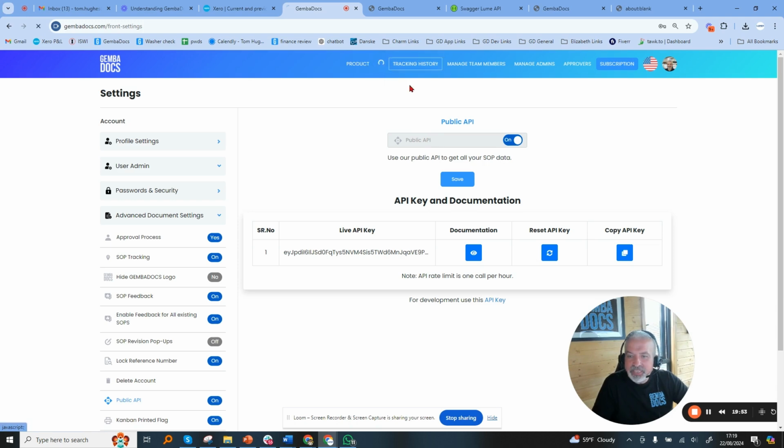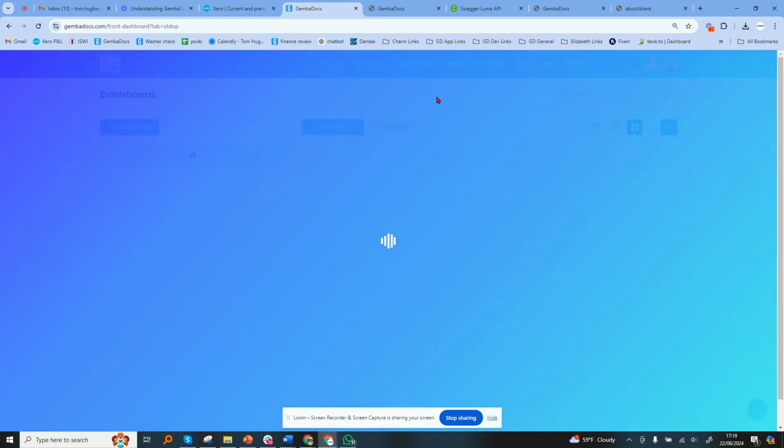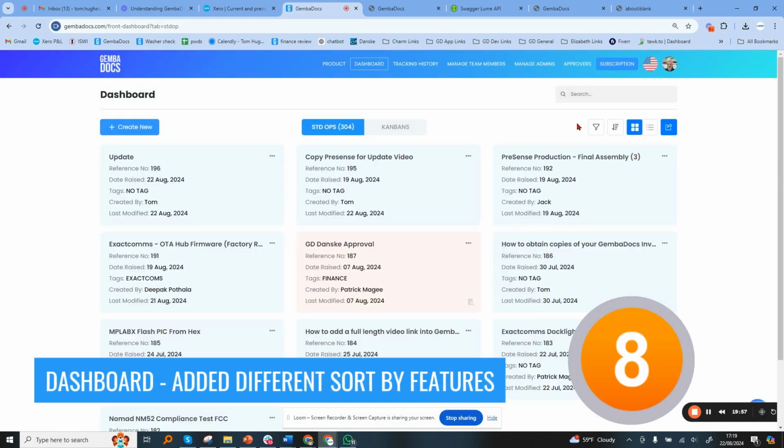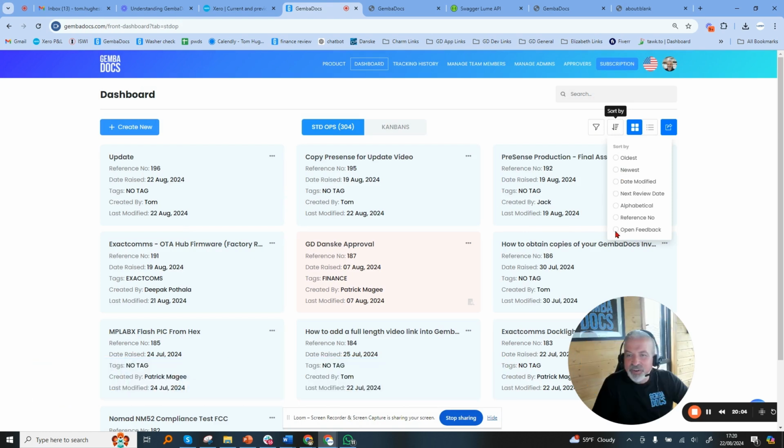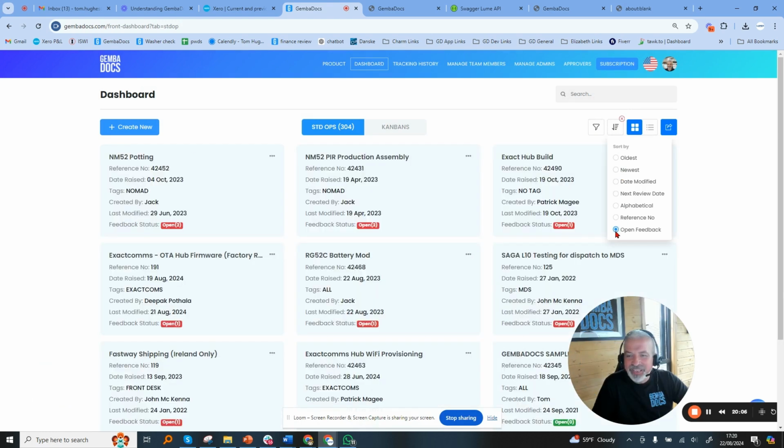Improvement number 8 is on the dashboard. So on the dashboard, we've added different sort by features. So you can do oldest, newest, and also very interestingly, open feedback. We had some discoveries ourselves when we did this. So if you've got the feedback feature enabled, you can see if they've been dealt with or not in this view. You can also,